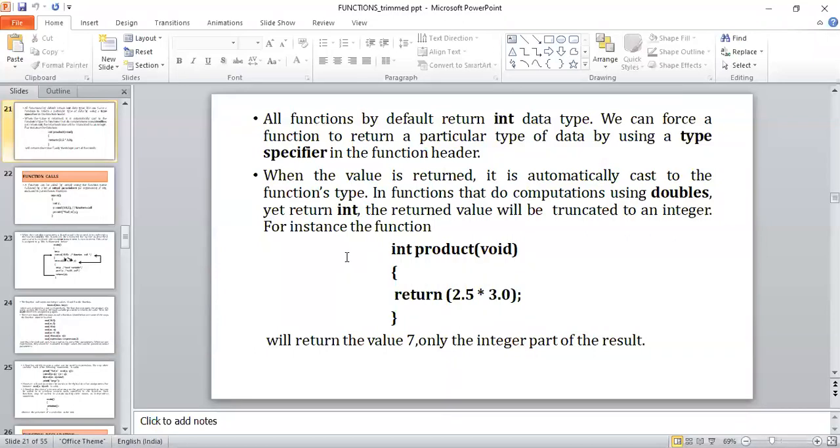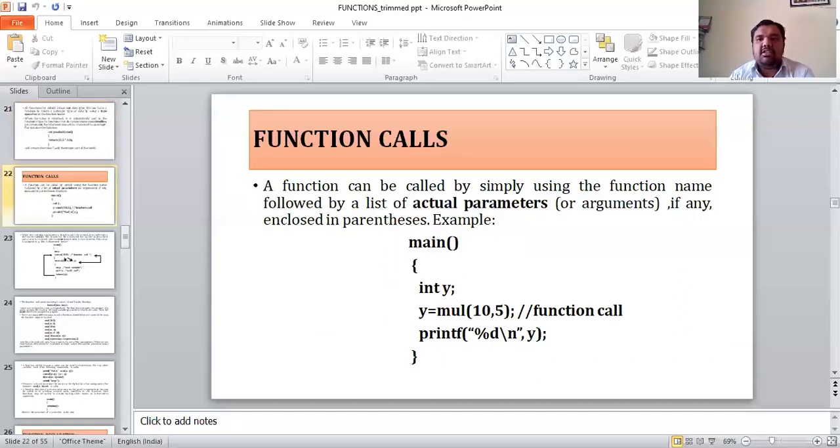Now let us take up a very important concept, that is function calls. Please write down the heading as function calls. Let us discuss this now. Function calls are nothing but a call simply using the function name followed by a list of actual parameters.